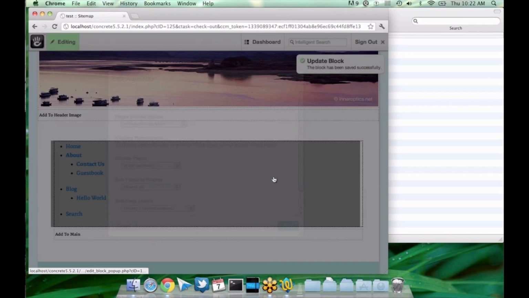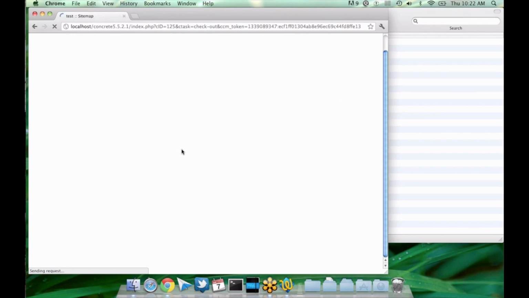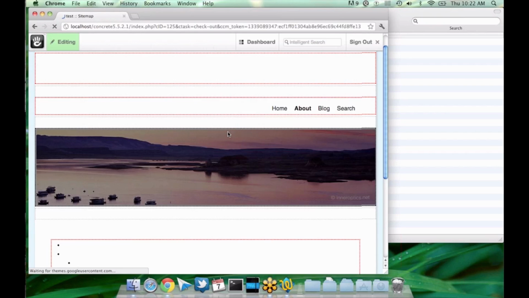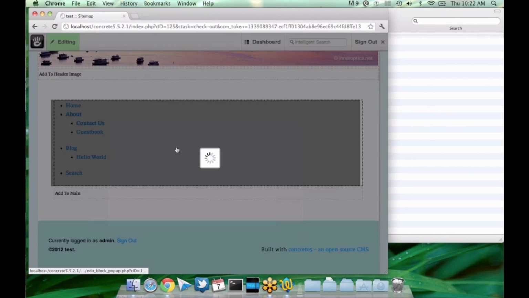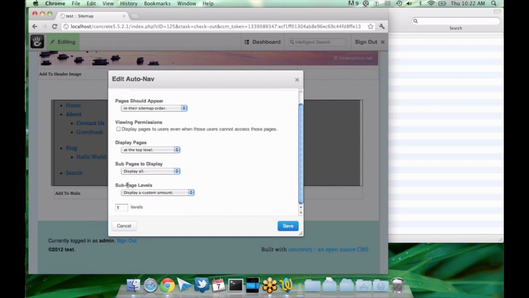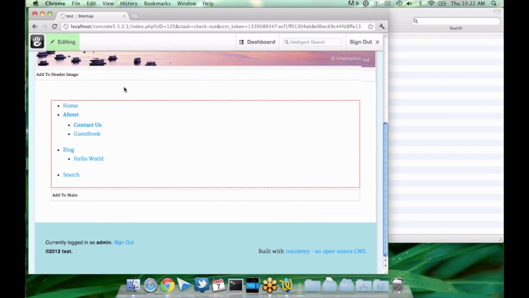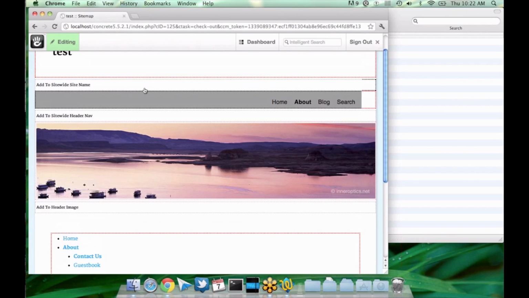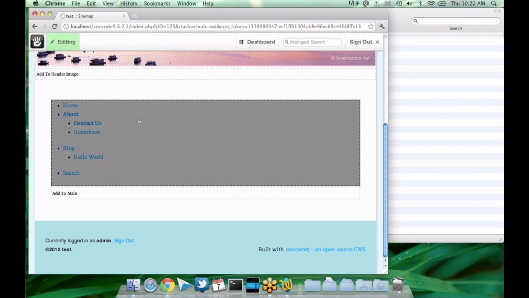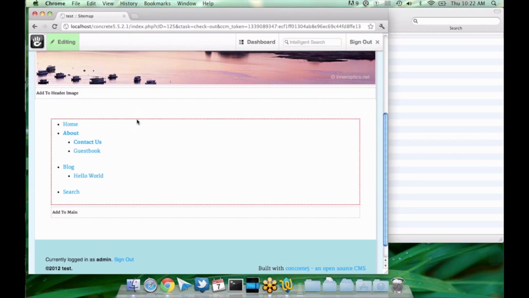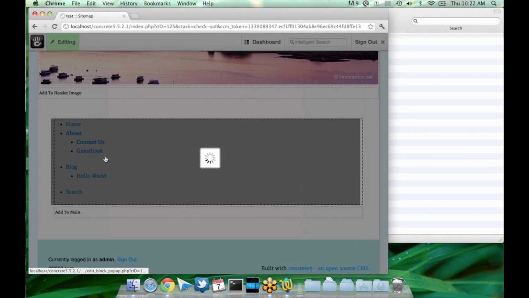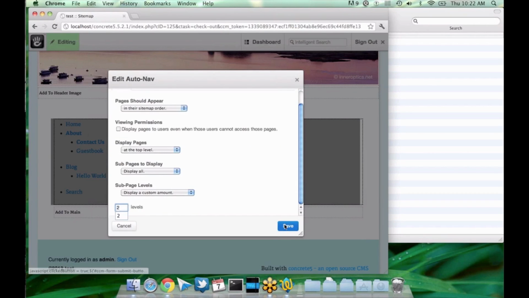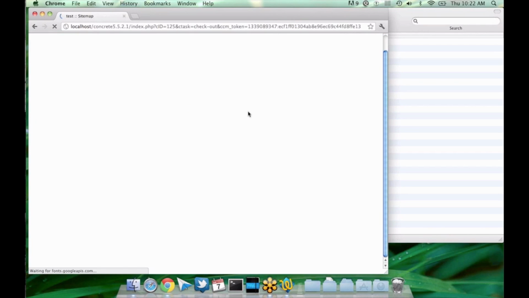It's very strange. If we say 1 and display it, you'll notice that we've started at the top of our site, and we are only traversing down one level. So even though we're on a sitemap page and we aren't actually showing the sitemap page that we added, which is under Contact Us, because we only are traversing down one level of subpages. If we say 2 levels, then if I refresh this,